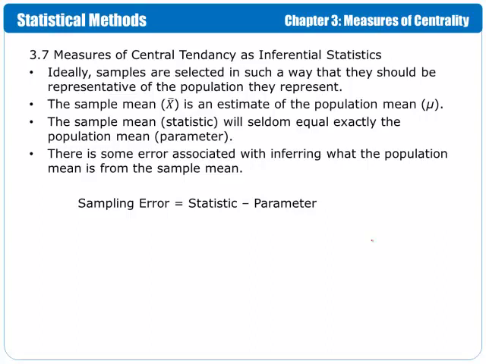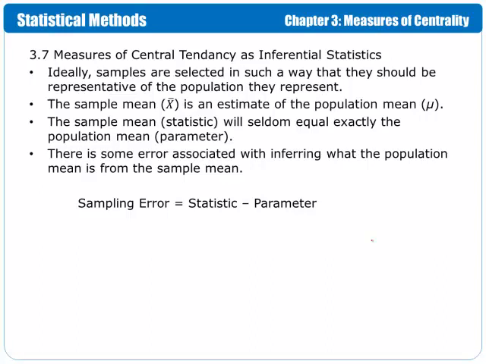Measures of central tendency or measures of centrality are used as inferential statistics. Ideally, our sample data are selected in such a way that they should be representative of the population that they come from. The sample mean, which is represented again by x with a line over it, or x bar, is an estimate of the population mean, which is represented by the Greek letter mu. The sample mean, which is a statistic, will seldom equal exactly the population mean, which is the parameter. But there is some error associated with inferring what the population mean is from the sample mean. That error is referred to as sampling error,